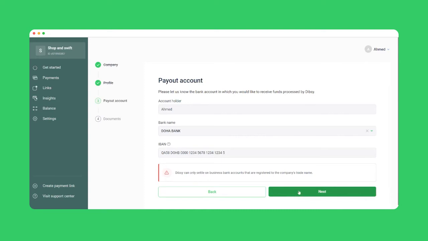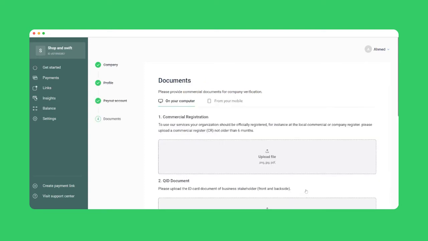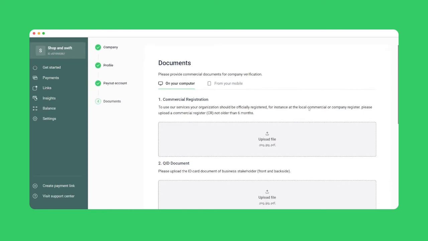Almost done. Now you can move on to the final stage of onboarding. Here, you will upload all the documents. Firstly, you will upload your commercial registration,